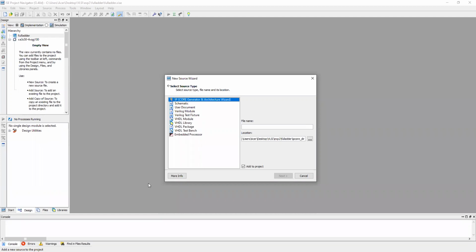Then your view should be implementation. After creating the new project, you will get this full adder, a name given by me. You can mention any name. You can type Sagar full adder, or create the new project with your own name also. No problem. To create a new project, you can give any name.